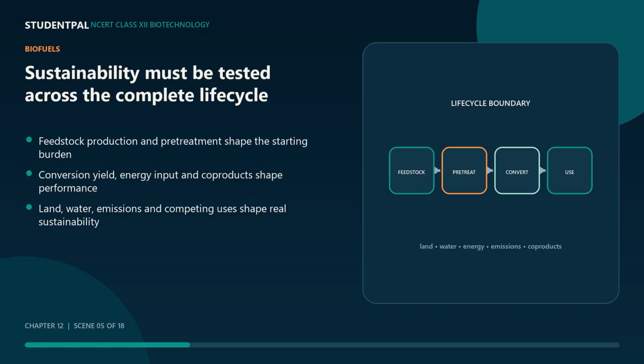Pre-treatment may release sugars from complex biomass, but consumes chemicals and energy. Fermentation or digestion has a biological yield and creates co-products or residues. Product recovery and distribution add further energy demand. A life cycle comparison therefore defines system boundaries and measures inputs, useful energy, emissions, land and water use, co-product credits